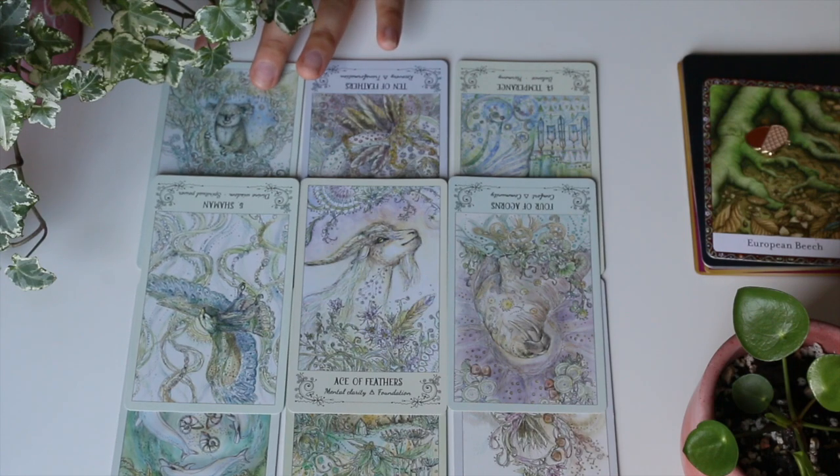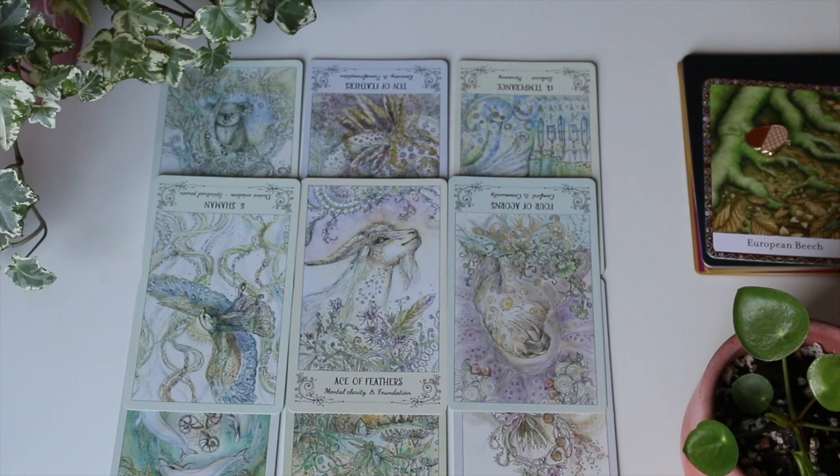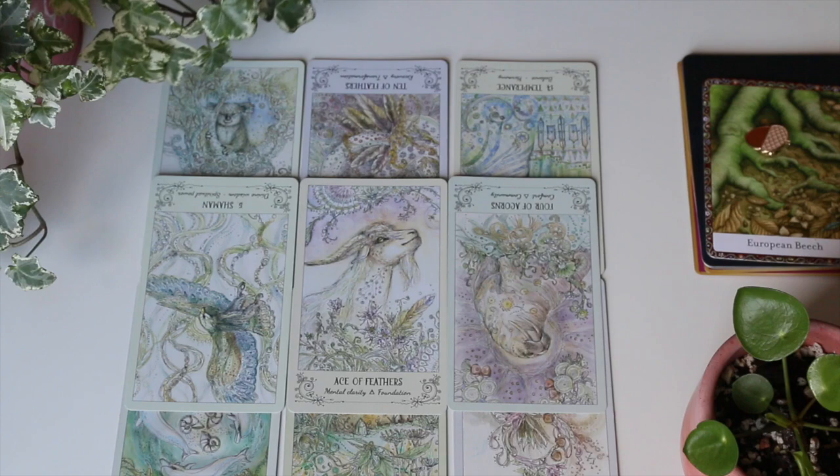In general I can see with the ace of feathers a lot more clarity between you two, which reminds me of setting the right boundaries, setting the right limits, and being really transparent with each other, speaking out your truth and telling each other what is right for you, what is wrong. Especially, again, I'm sorry if the majority of you are probably not in an open relationship, but it reminds me that if you are in a situation like that, being honest with each other is really important. It is always important and necessary, but especially when you're involving other people into